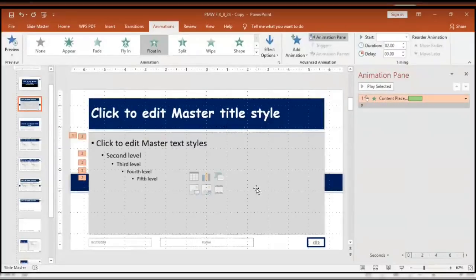But 2 seconds is actually slow. So we can reduce it here to 1 second. Are we together? Yes. Once you are done with that, you can go to normal,